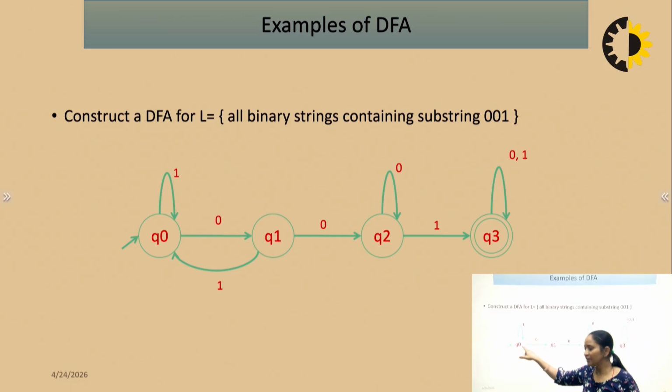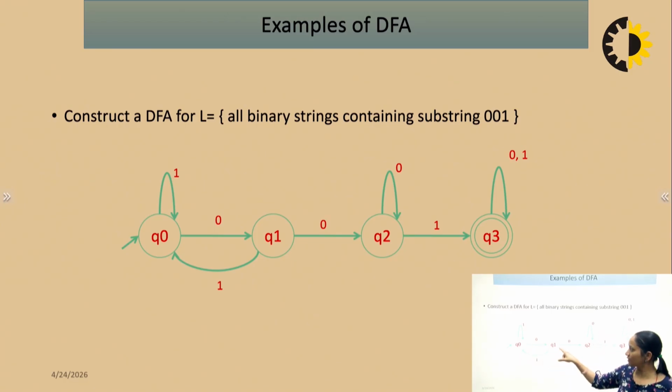We have to complete the transitions of Q0. The transition of Q0 on 0 is defined. What about the transition of Q0 on 1? We can take a self loop on 1. A self loop means any number of 1s; we can start with any number of 1s. Then if we end at the final state, the substring 1, 0, 0, 1 has been covered. So the transition of Q0 is complete.